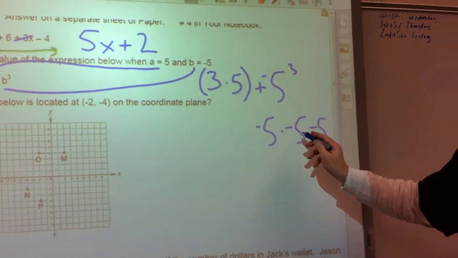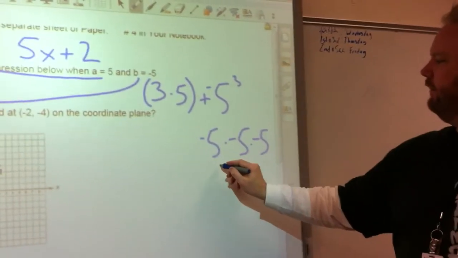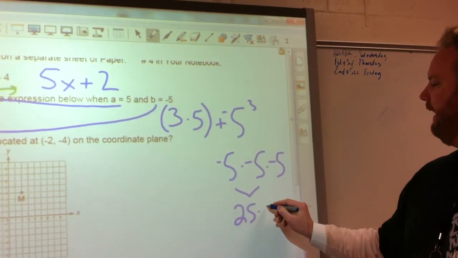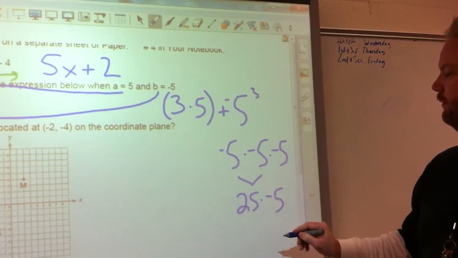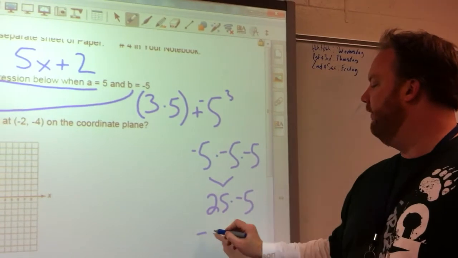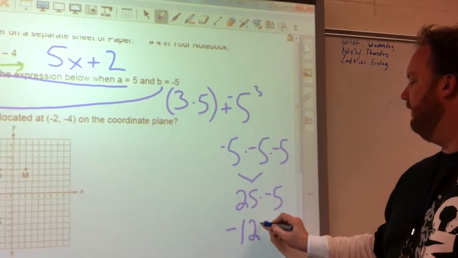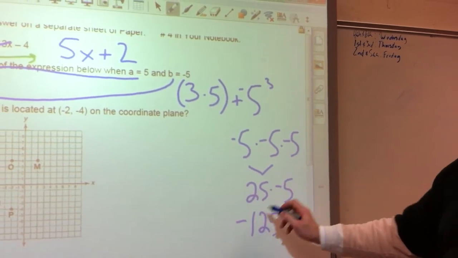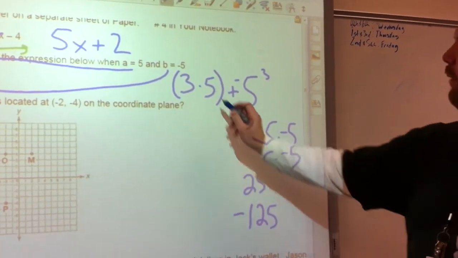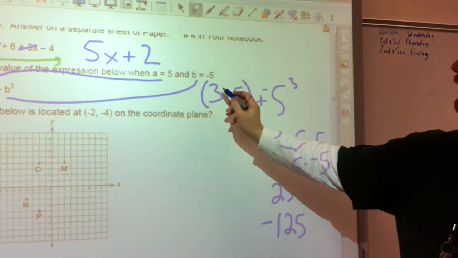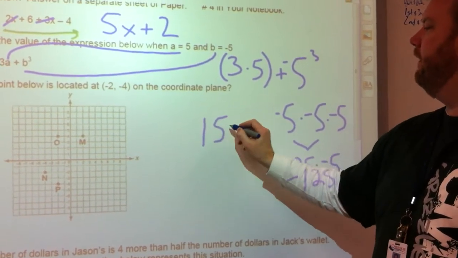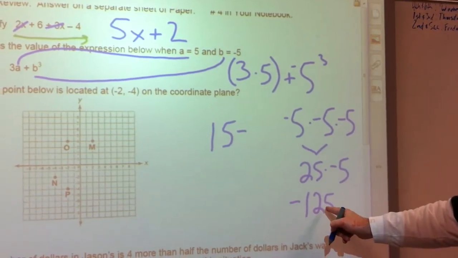A negative times a negative is always going to be a positive. So this simplifies to 25, and then we're left multiplying that by the negative 5, which turns out to be negative 125, because anytime we multiply a positive times a negative, we're going to get a negative. Now we're not done up here yet. We still have to multiply the 3 times the 5, which comes out to 15. Then we bring the 125 over,